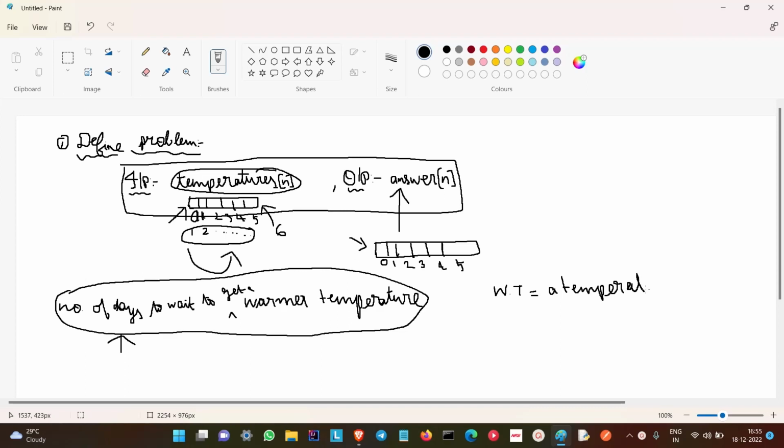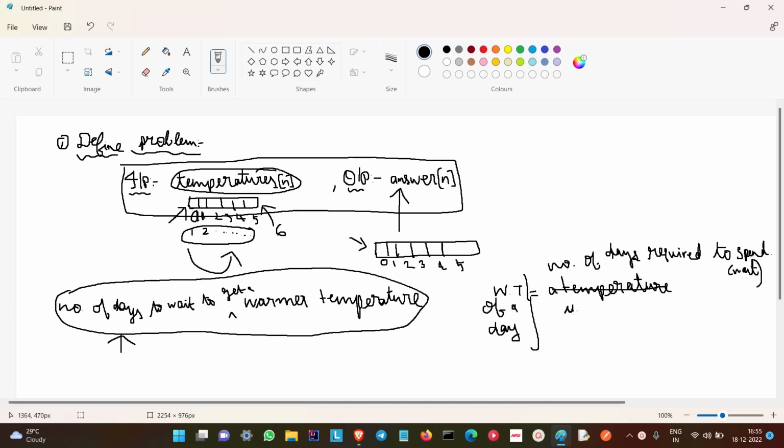So the warmer temperature of a day is the number of days required to spend or wait